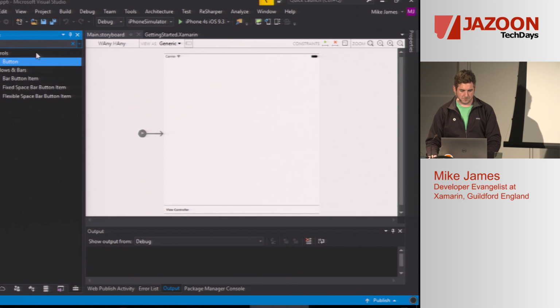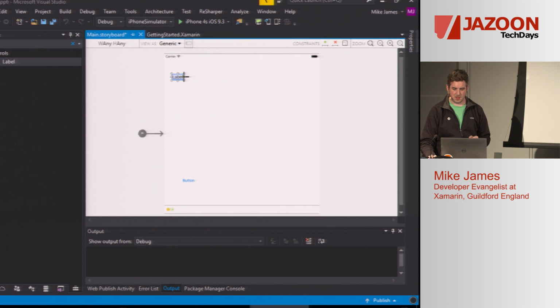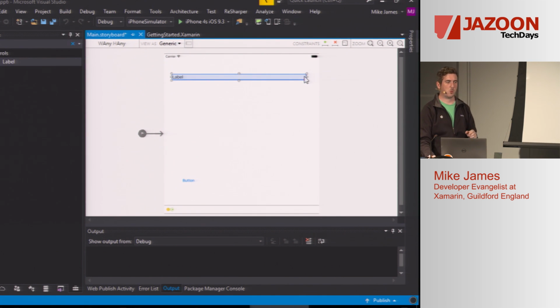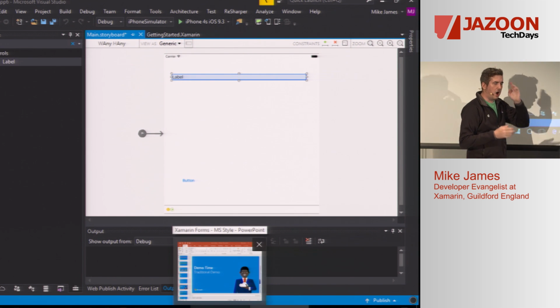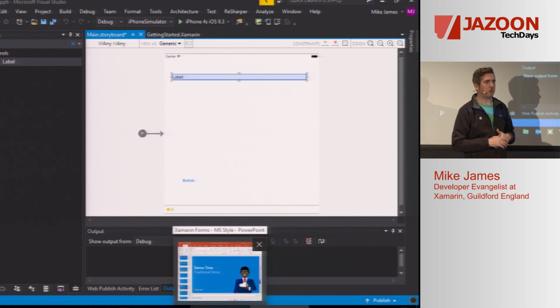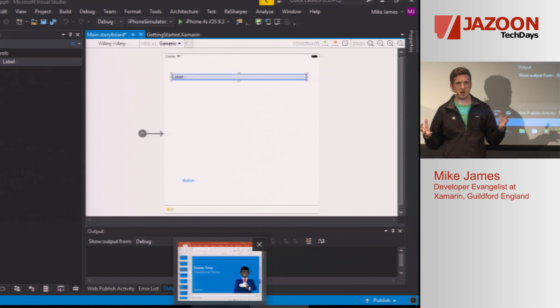We're going to add a button, and we're going to add a label. And you're probably thinking that there's no iOS device that is a square, and you'd kind of be right. Watch OS is based on iOS, and that's a square, but it's not iOS. Now, the reason we're designing on a square is because Apple wants us to think about devices that aren't pixel perfect. So they want us to make sure that our apps work beautifully on the small 4-inch iPhones all the way up to the iPad Pro.